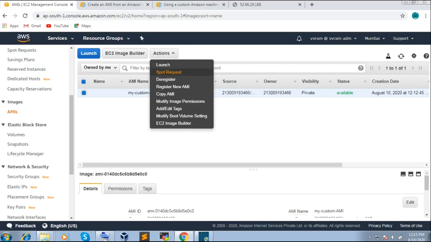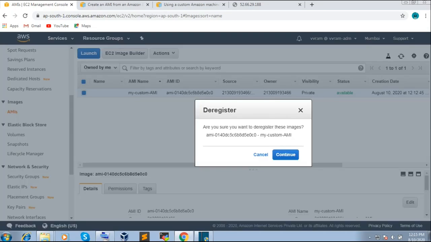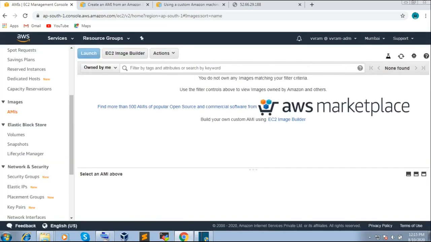From here we can launch instances from our custom AMI, deregister it, make a spot request, create a new AMI, modify image permissions, and change boot volume settings. We can do all these things, but we want to deregister and see whether the snapshot is deleted or not. I want to deregister, so continue and deregister.